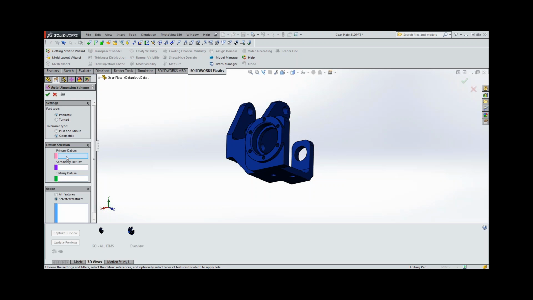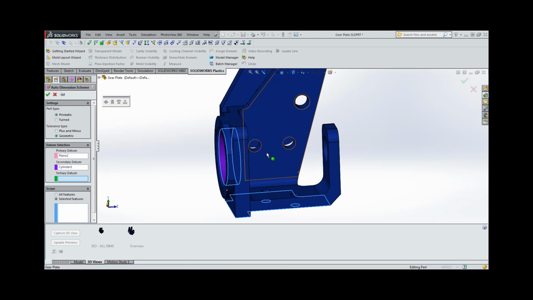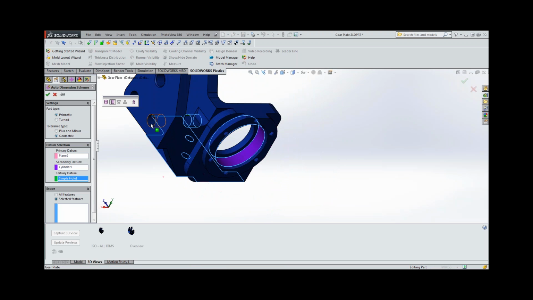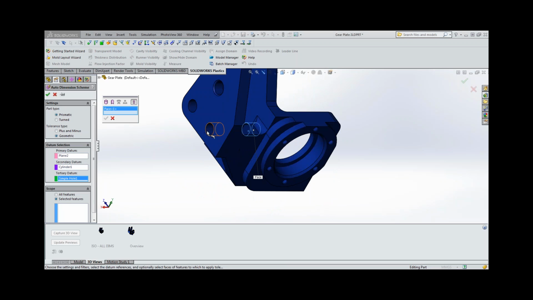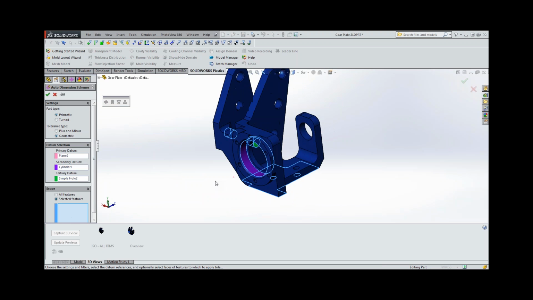So the primary datum that I'm going to use is this base, because this is resting on that base plate. So I choose this as a primary datum. Secondary datum, I'll choose this bearing bore as a secondary datum. For tertiary datum, I'm going to choose this hole. Again, you can see this hole I can show it continuous because it was drilled in a single go. So I choose these three datums, and the feature that I'm going to